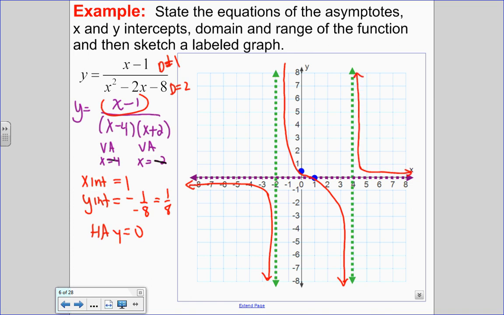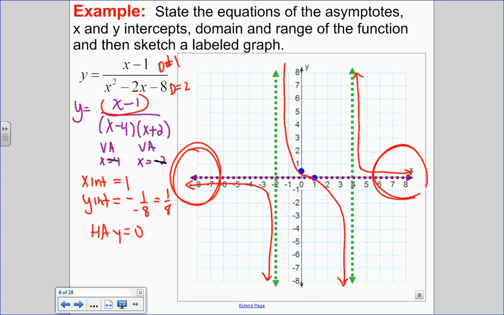This is an example of a graph that you can see crosses the horizontal asymptote, but it does so in the middle. But again, a horizontal asymptote is where the ends of the graph, really big x, really small x, approach. So the only thing I have left to do in this question is state the domain